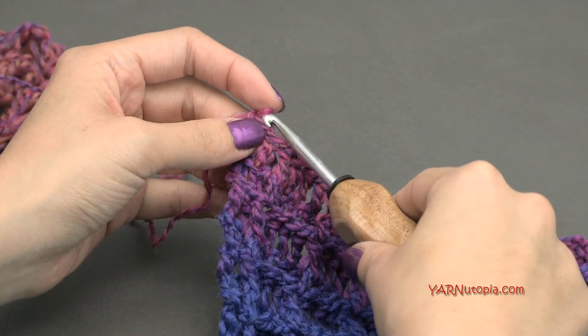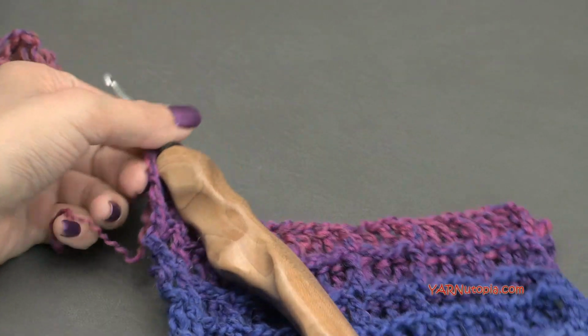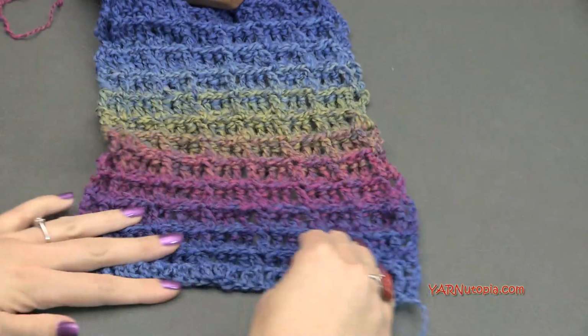Alright, that was pretty fast. Just kidding, I had this piece done off camera. But this is what it should look like when you finish row 30, so if you want to see that. So we have